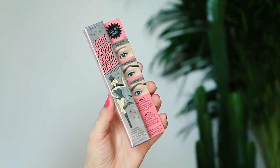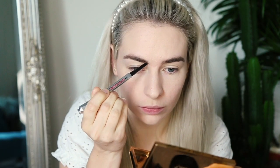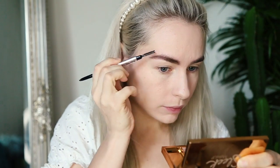And next is brows. I'm using the Benefit Goof Proof Eyebrow Pencil. Again, this is one of my most used and most loved eyebrow products. It has a spoolie on one end and a slanted angled pencil on the other to give you really precise